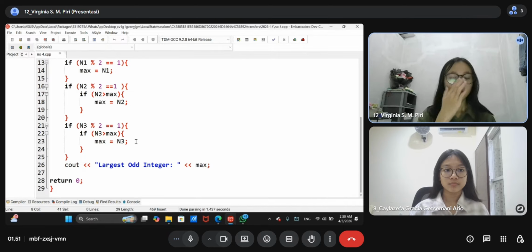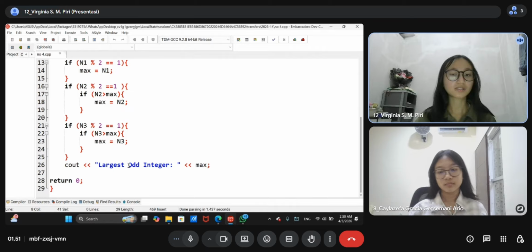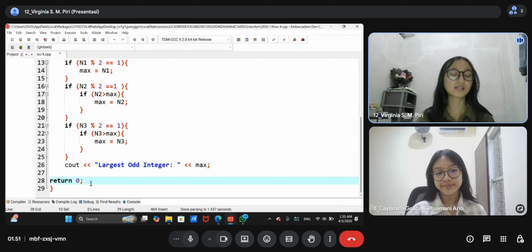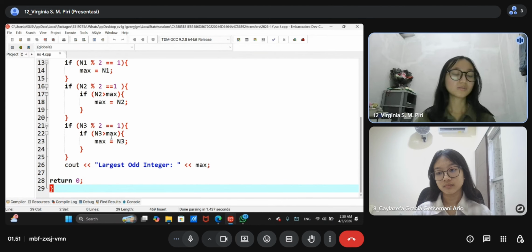So that's why the max will change later. That's cout, largest odd integer will be the max. And then we return 0 to detect any problem or error. And then we close the program with a curly brace.